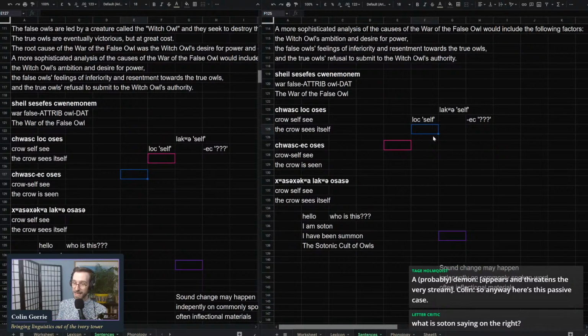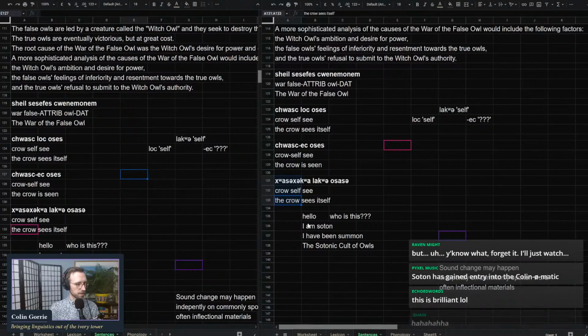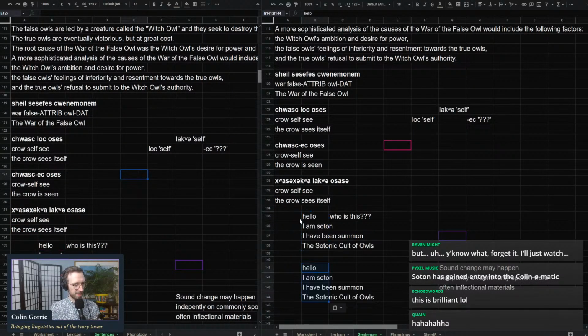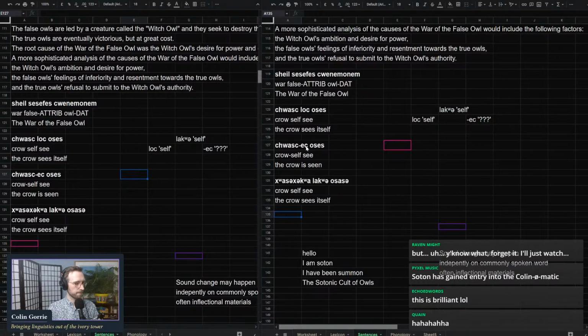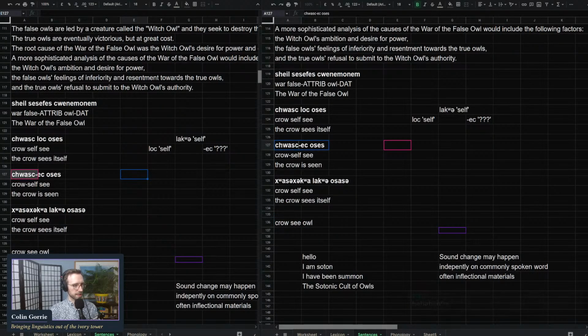case and morphosyntactic alignment, we need three sentences. We need the crow sees something else. So let's see, the crow sees the owl. Let's see, how do we make that? Crow see owl. So this looks like huask